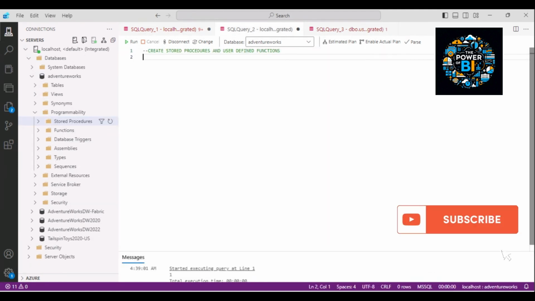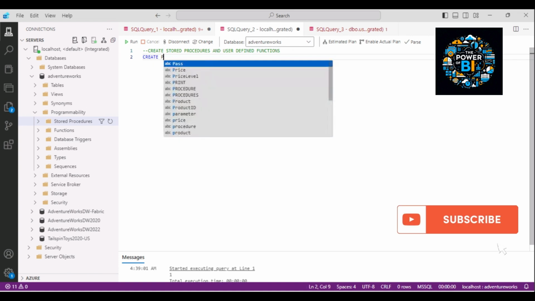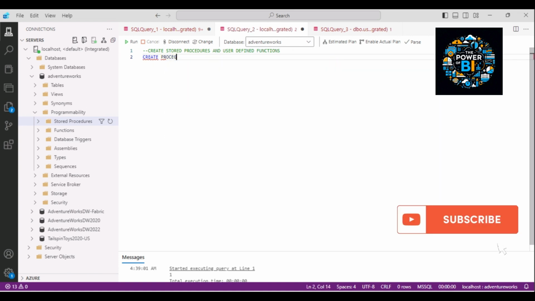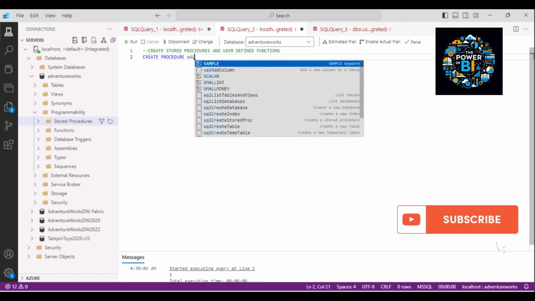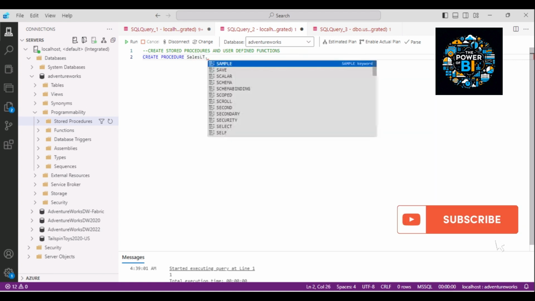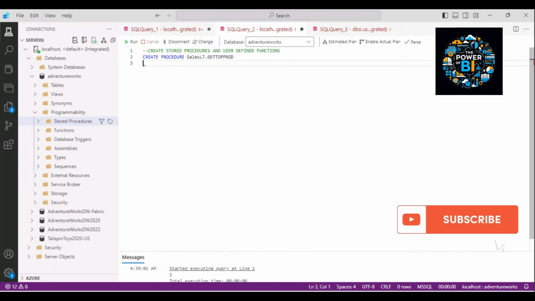As we can see, we can execute some stored procedures that have been previously created, or we can create a stored procedure. So if you can see, we can write here CREATE PROCEDURE. This is the statement CREATE PROCEDURE, and then we'll give a schema name, SalesLT.GetTopProductsProd, and then we use AS, and then SELECT